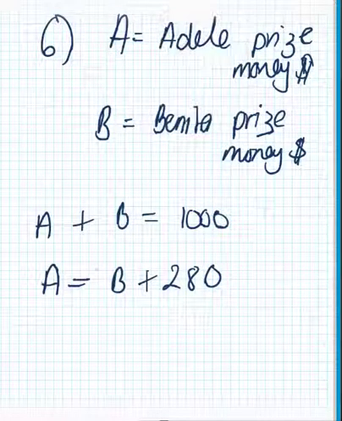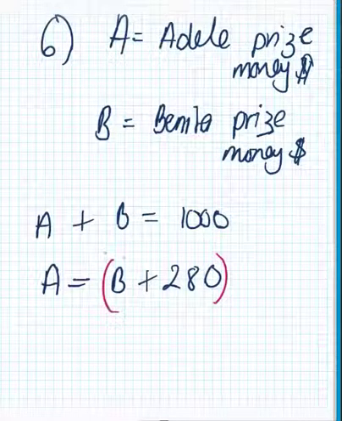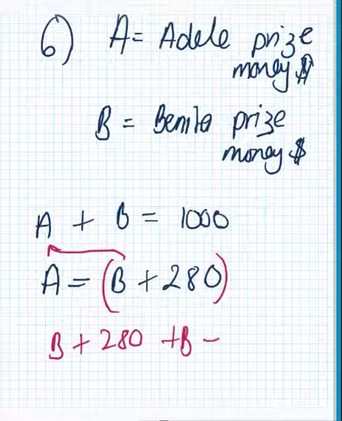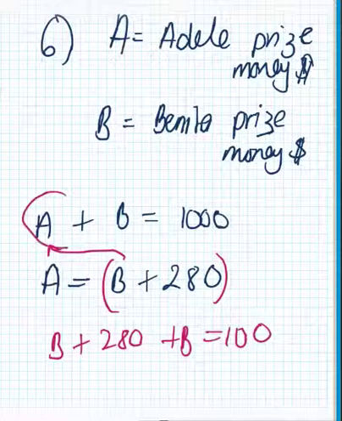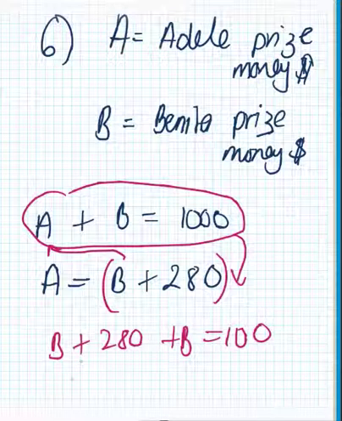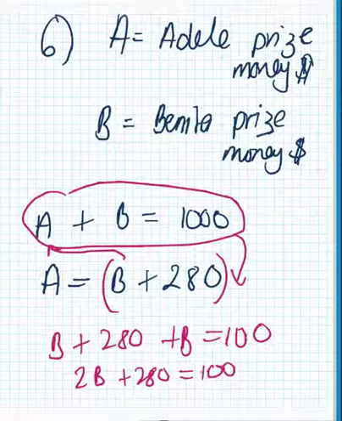And we got it. If A is this, replace A with B plus 280 and it will eliminate our A. So B plus 280 plus B equals 1,000. So we're using the equation that we started off with. We replaced A with B plus 280. Simplify it. 2B plus 280 equals 1,000. When you solve this, A will equal